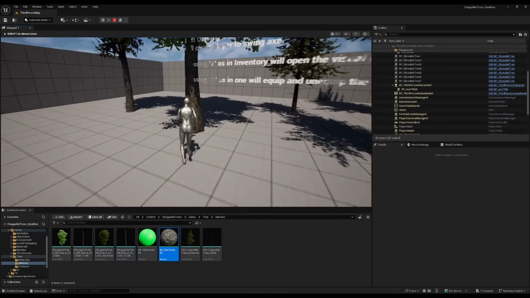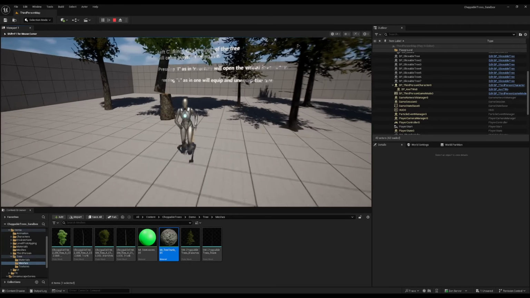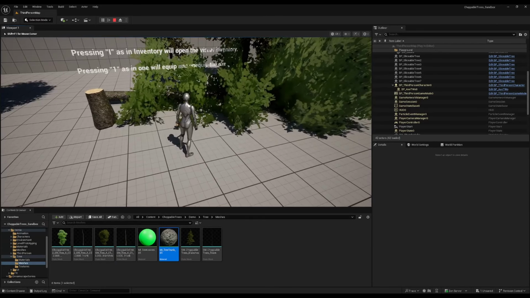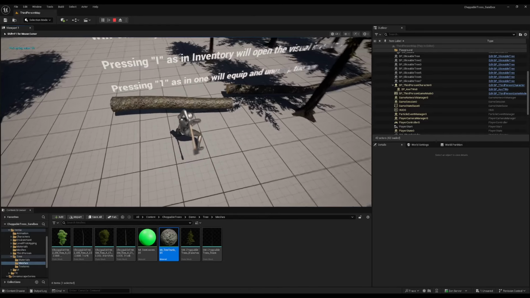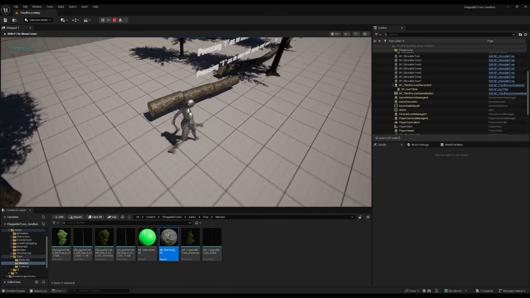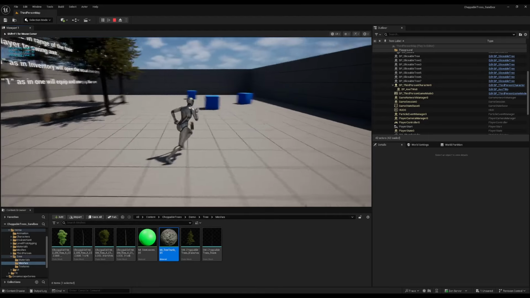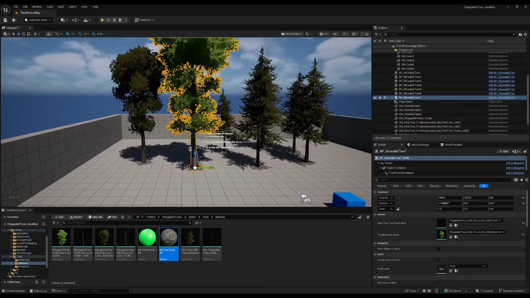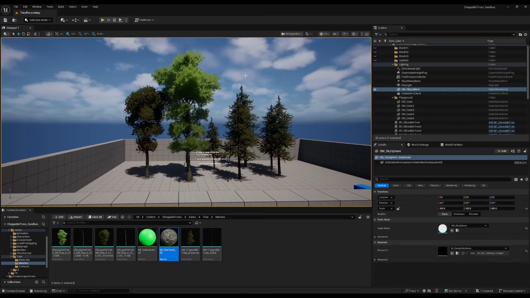Play. Boop, boop. Oh. Get rid of that. Go bonk. There we go. That's correct. So yeah, if you have weird collision glitch, make sure allow CPU access is working. There, you can collect it. That's good to go. And that, my friends, is how you add a new tree to your ChoppableTrees asset pack